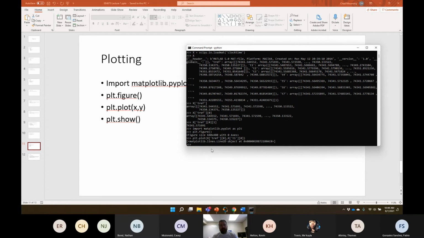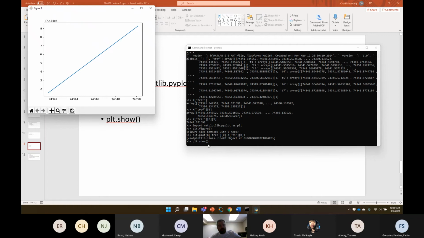Okay, so now there are some values on the plot which you can't see yet. The reference clock would be on the x-axis and clock 1 will be on the y-axis. If I say plot.show, I'll get a plot. And so those are not the values I would have expected on the y-axis,